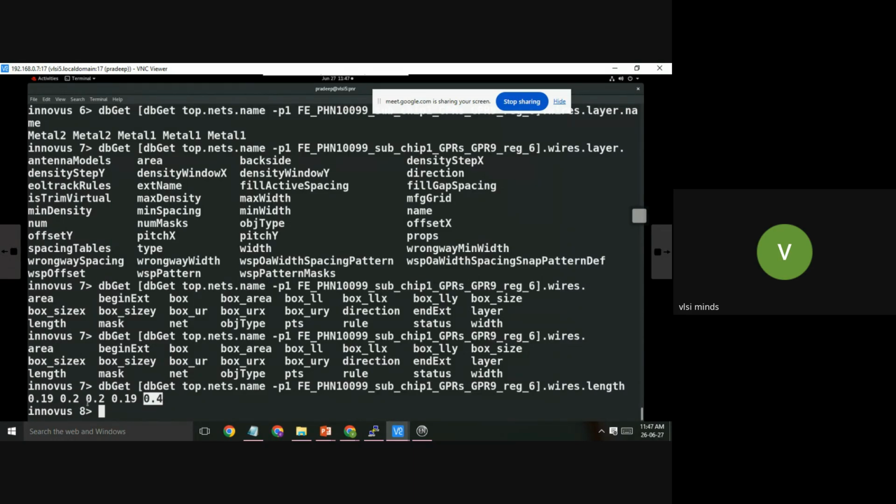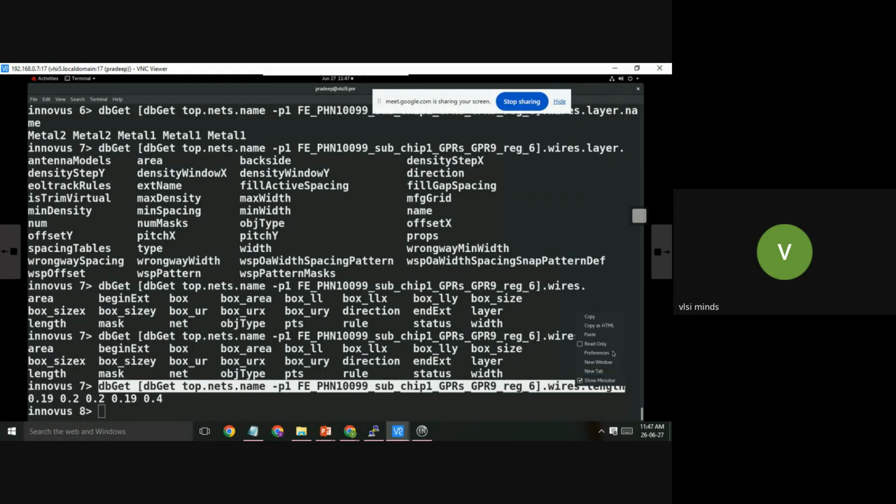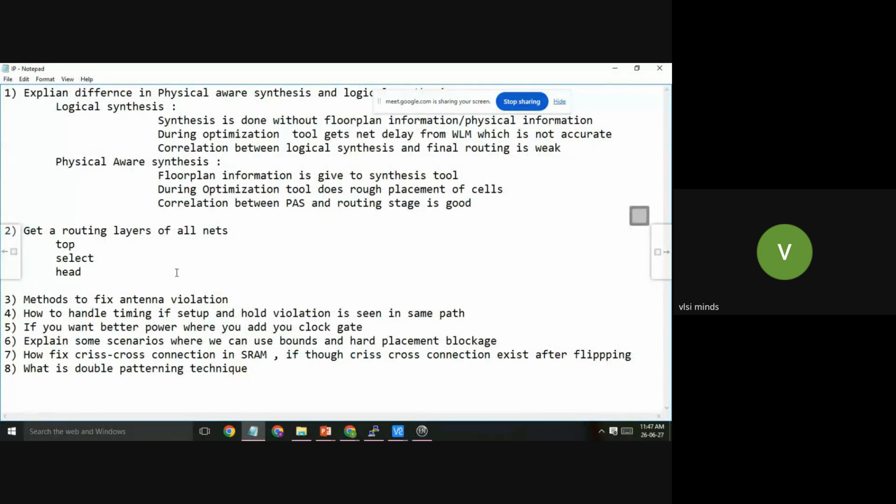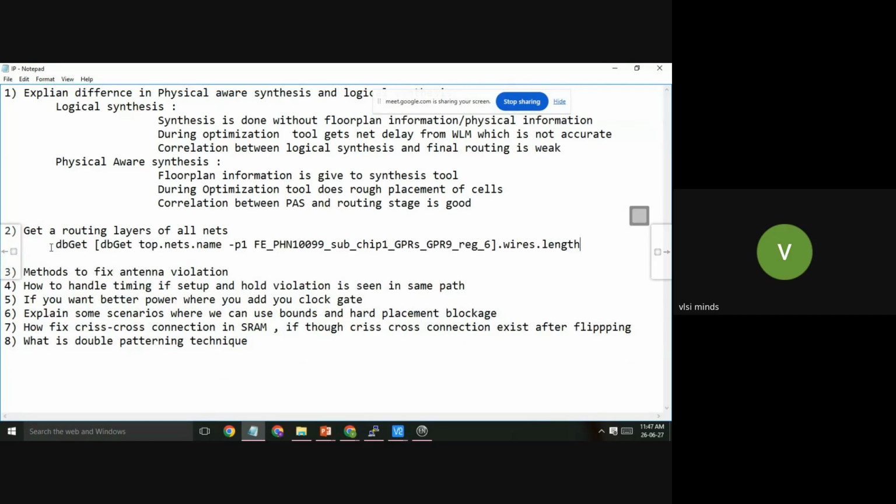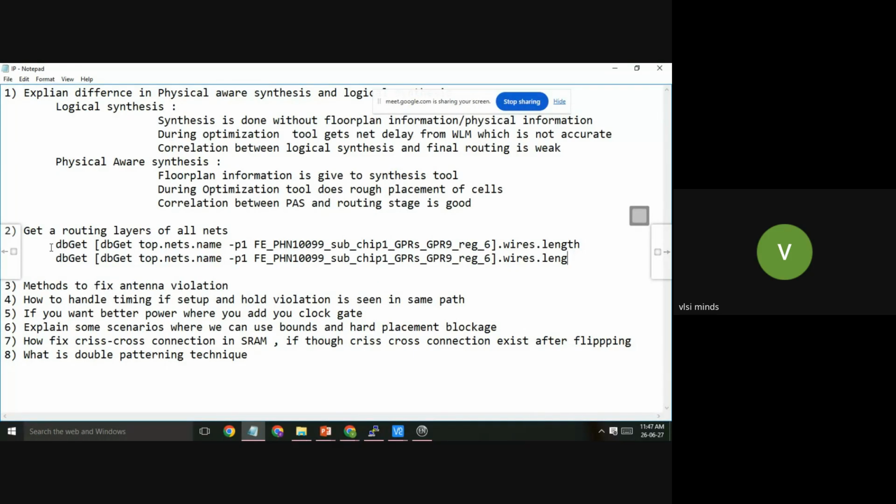Like that, in industry you should be in a position to get all this information by using dbget commands or any commands if they ask. This is for net length, and this is for layer dot name. So you should be in a position to get this.